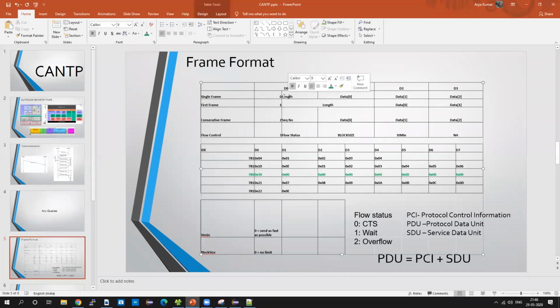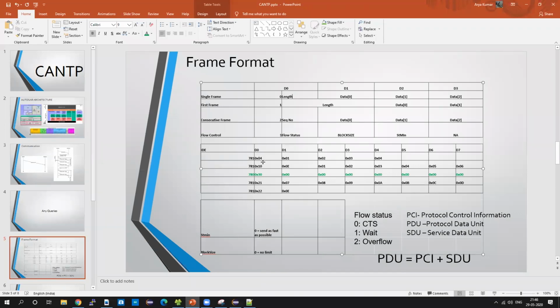The next 4 bits will show the length, and after that the data which you want to send will continue. Let's take an example. Suppose you want to transmit data 0x01, 0x02, 0x03, 0x04. In the first byte we have 0, which shows the ID, so it is a single frame.